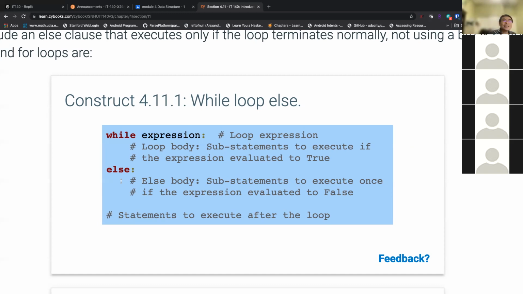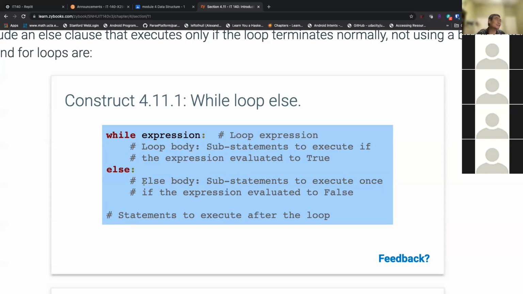But I think maybe there's another way to think about it. If your while loop or for loop, it also applies to the for loop, finished without any break, then that means you're going to the end of the condition, you're jumping off the loop, you go to else and continue doing that. So the else statement is like you do something else after your loop is done without a break. If you have a break in between that condition, you jump off the loop without meeting the condition, right? You're not exiting the loop, how to say, regularly or by plan. Then the else is going to be skipped.